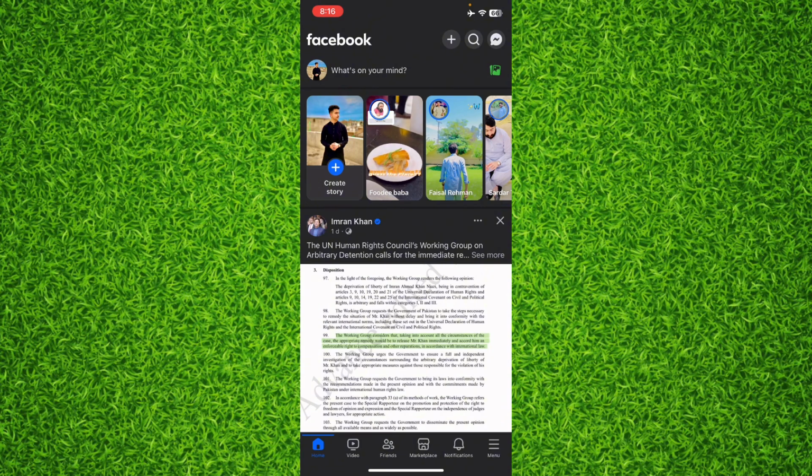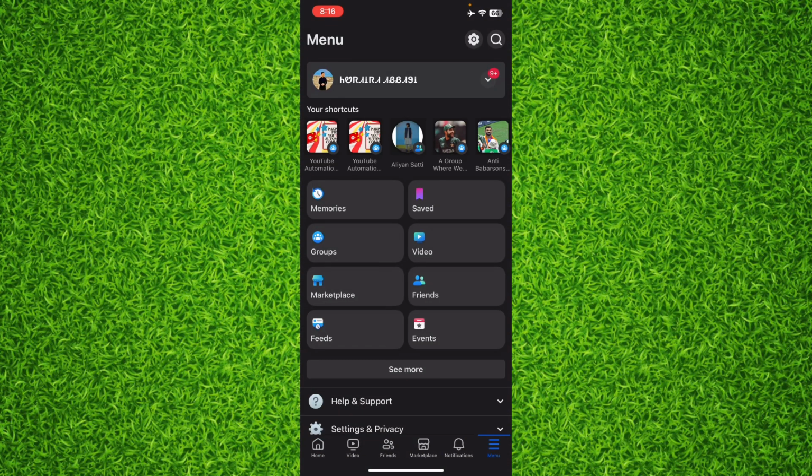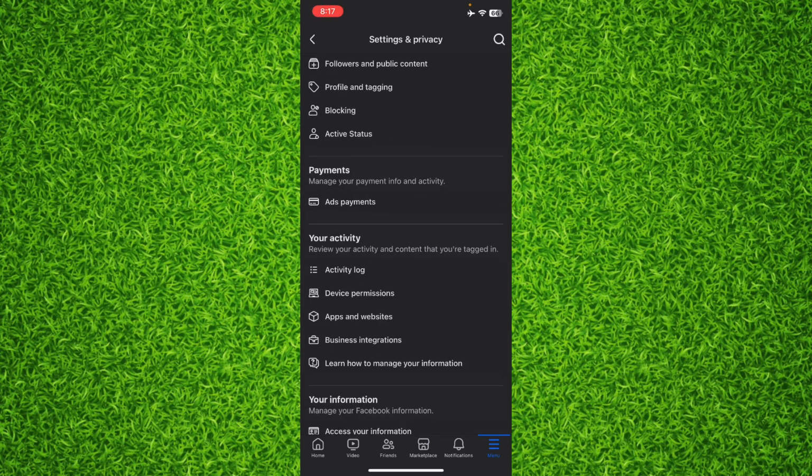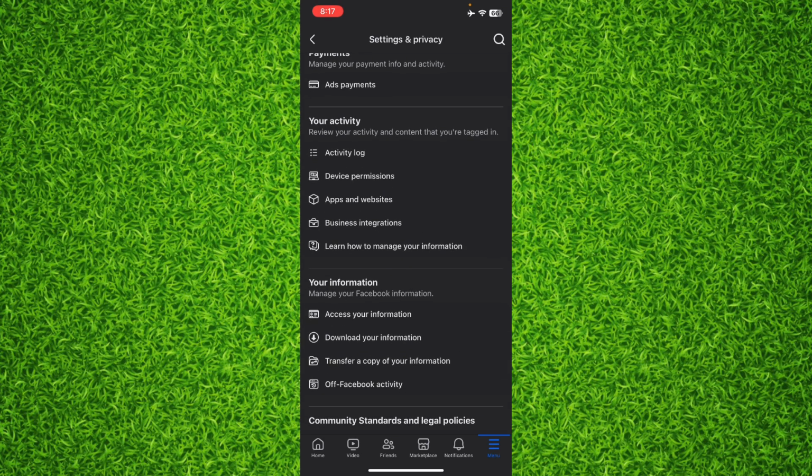and then tap on the three lines on the bottom right corner to head over to the menu, and then tap on that gear icon on the top right corner to head over to the settings of your Facebook account. Now you'll have to scroll down all the way and tap on activity log, and after that